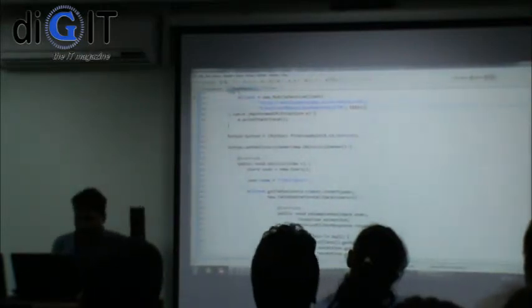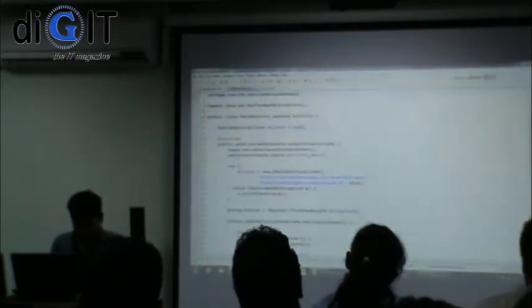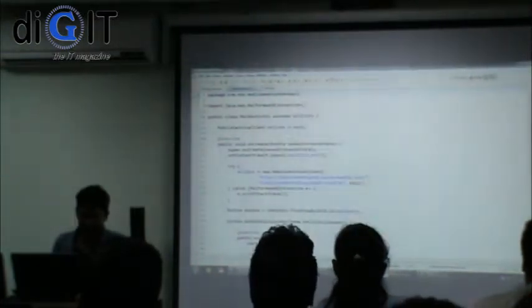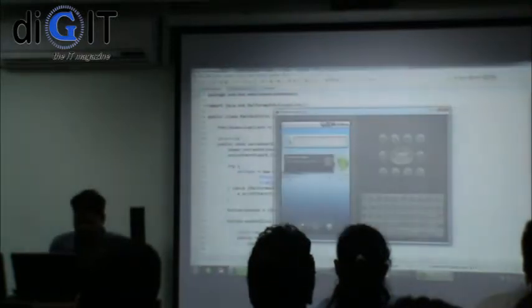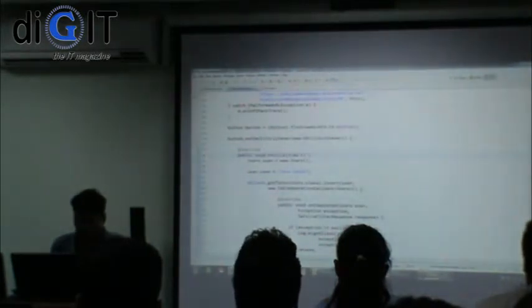That's how it works. So let's see whether this works. I have an emulator running. It's going to be a little slow, I'm sorry, but I'll show you the real device because I can't project it on here. If I click on a button, I should see something.